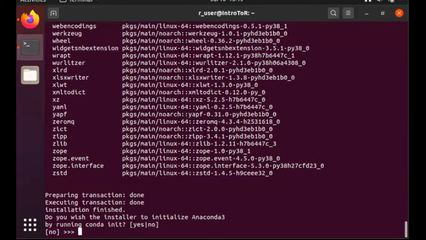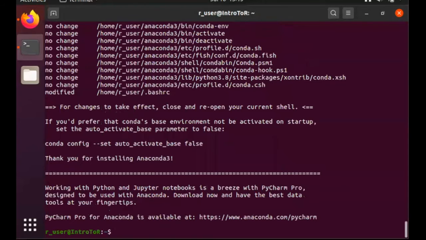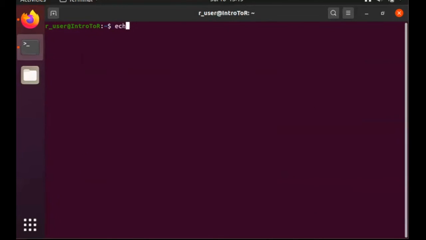And once that part completes, it will ask us if we wish to initialize Anaconda3. Type yes or no. And I'm going to say yes here. And now Anaconda is installed and almost ready for use. So if we check our path,